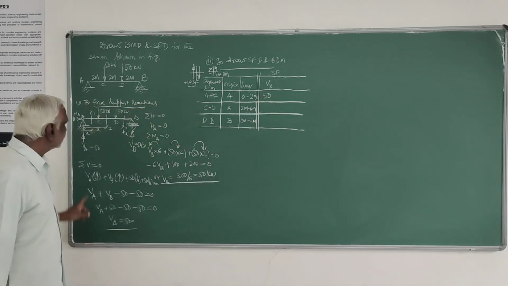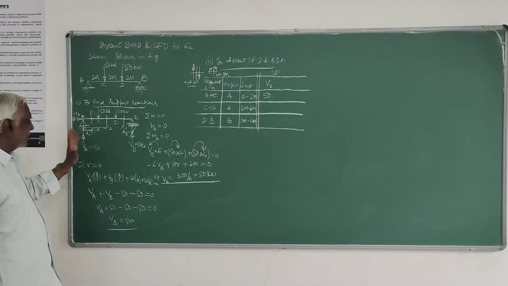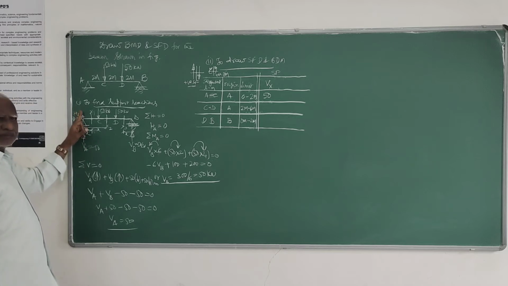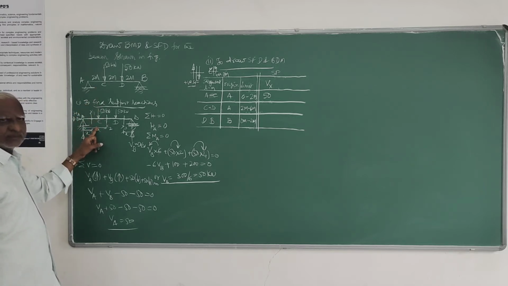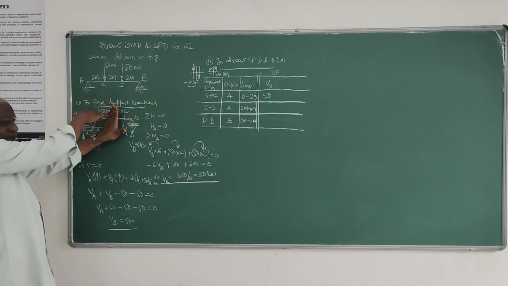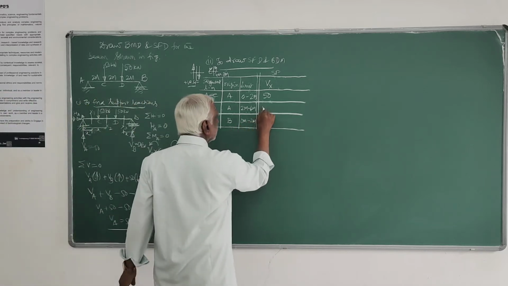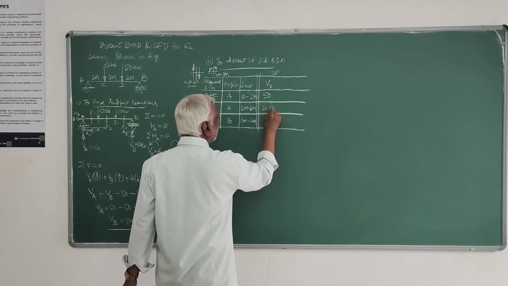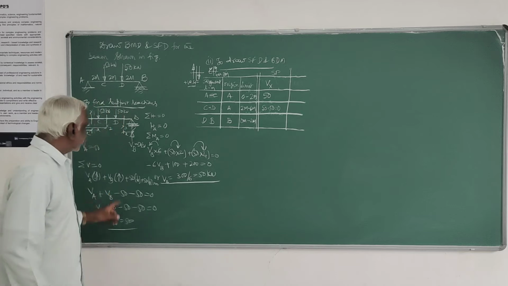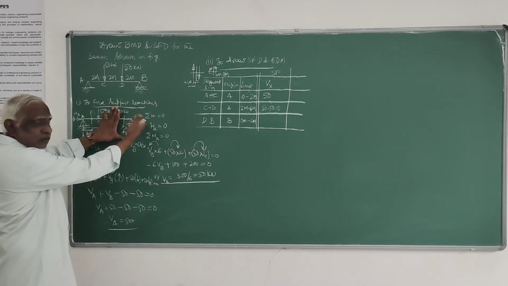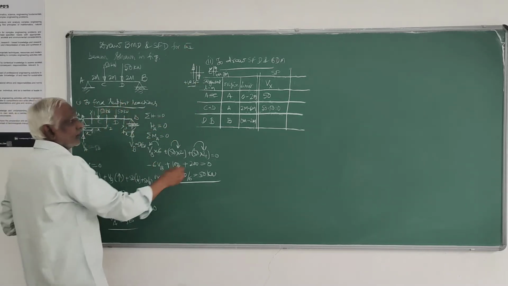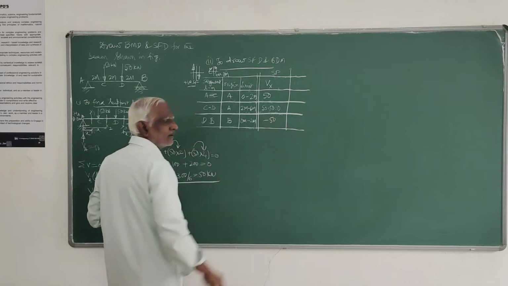For the AC portion it is 50. This is horizontal, it will not contribute anything, only 50. Next, for x2, this is 50, this is minus 50 as per the sign convention. Towards left of x2, this is positive, that is negative. So this is 50 minus 50, that is 0. Next, here again I will take towards right. Towards right, downward is positive. Here this is upward, so it is minus 50.